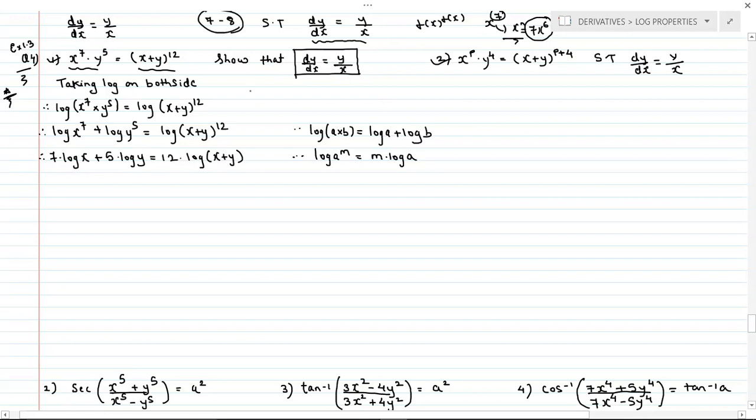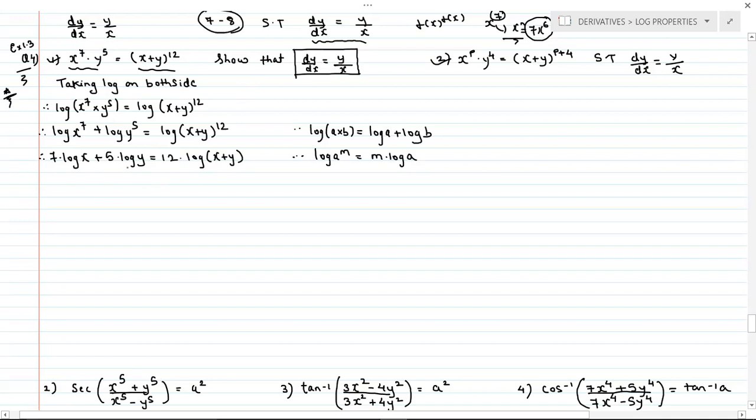So here the first thing is to try to eliminate the numbers from the power. There is one simplest method where the power will come down just by taking the log on both the sides. So that's why I'm doing the sum with respect to the log property. You can do it with any other method, but you have to do lots of adjustment, and only after that will you get the answer. So this is the simplest method I can say out of 3 to 4 methods.